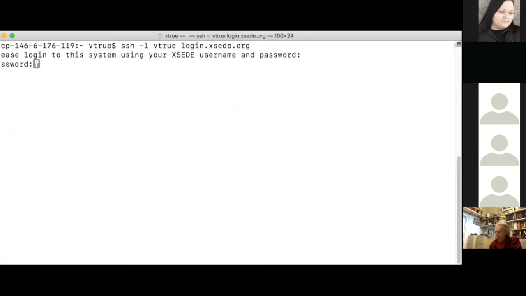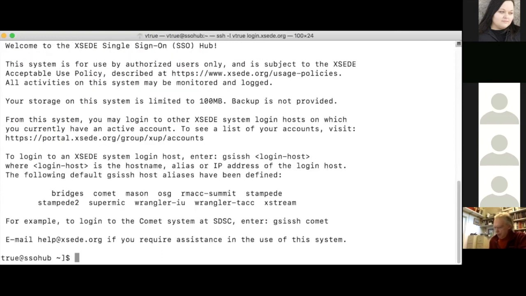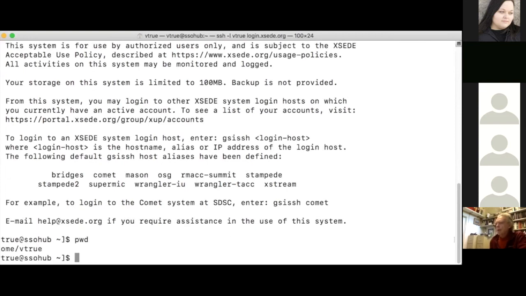Password. And then the Exceed setup uses either a phone call or a Duo push. I have Duo set up, so I will put in option 1 and wait for the push notification, and then approve that on my phone. And that brings me to the Exceed login. So that's my home Exceed SSO hub.